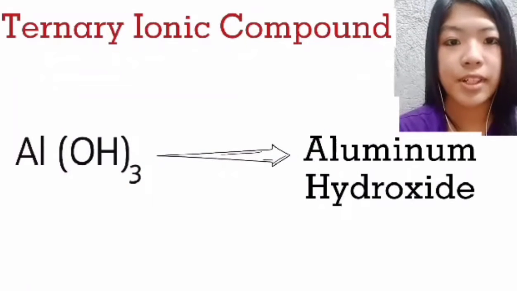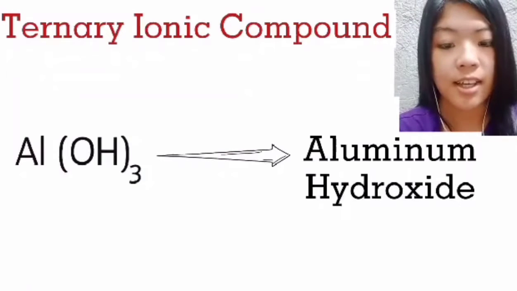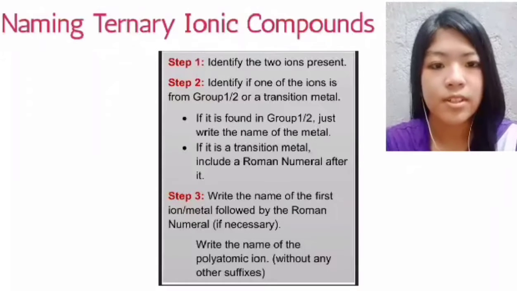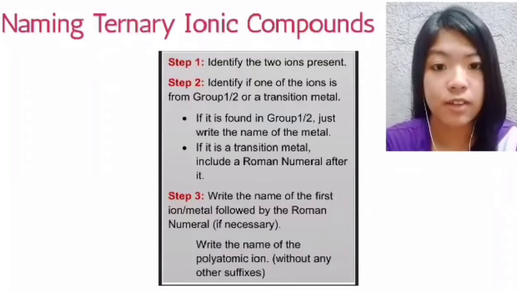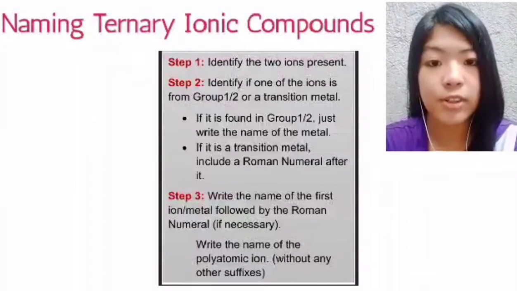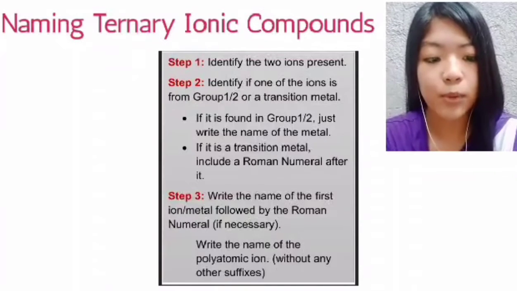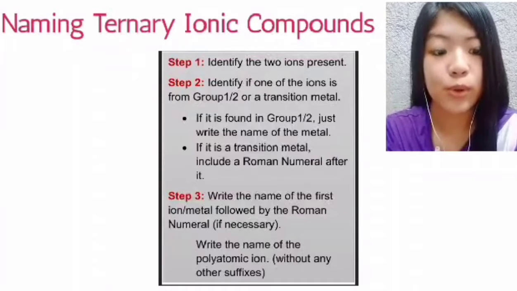Now for naming ternary ionic compounds. So we have here Al(OH)3, and we will discuss how it will be named aluminum hydroxide. In order to make it easier, I've listed here steps which you can follow. For step 1, you have to identify the two ions present. For step 2, identify if one of the ions is found in group 1 or 2 or if it is